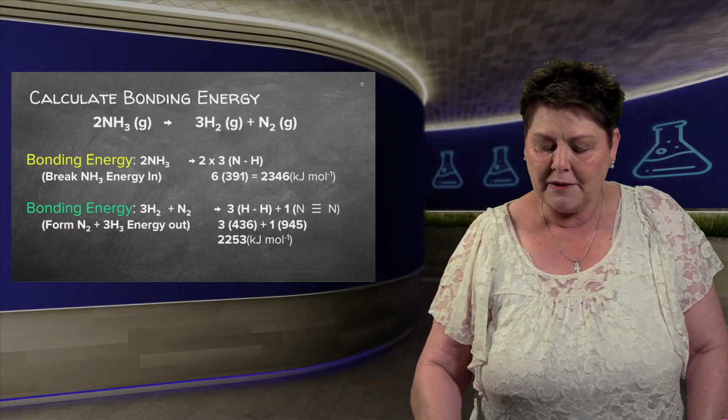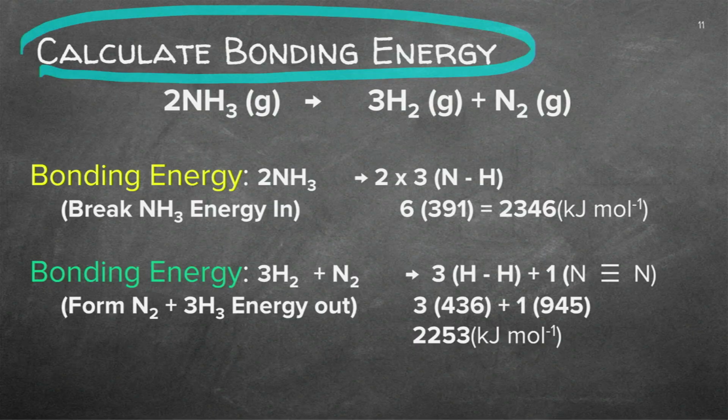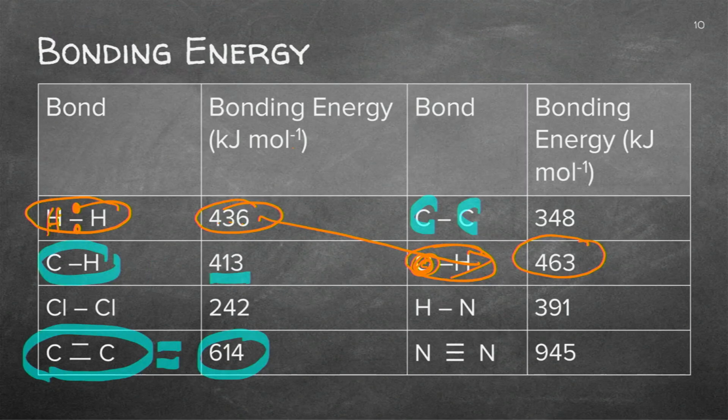So what's a typical question? Calculate the bonding energy, they're asking me, where they're giving me an equation. I've got 2 NH3s, 2 ammonia. So I've got N, H, H, and H. Do you see there? How many bonds do I have? 1, 2, 3 bonds in each of them. So I have 2 of them. 1, 2, 3. Now I can go back to my table.